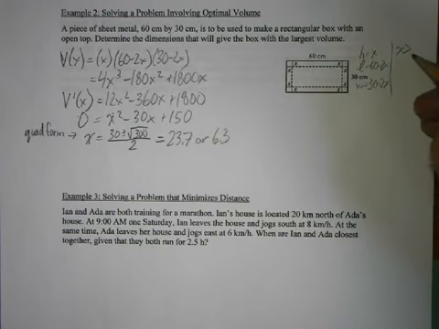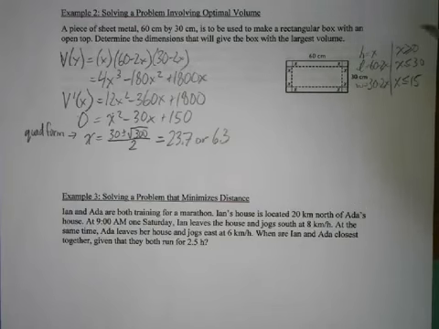Okay, so if I look at the restriction on the height, that just means x has to be greater than or equal to 0. Here x has to be less than or equal to 30, so that the length is not negative. And here this would be 15, so x has to be less than or equal to 15. Now these all have to be honored. You can't just pick. So this is kind of the bottom limit: x has to be at least 0.